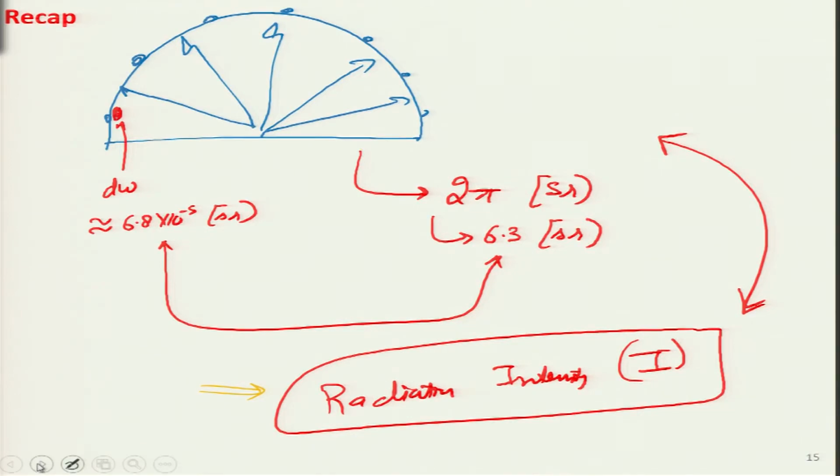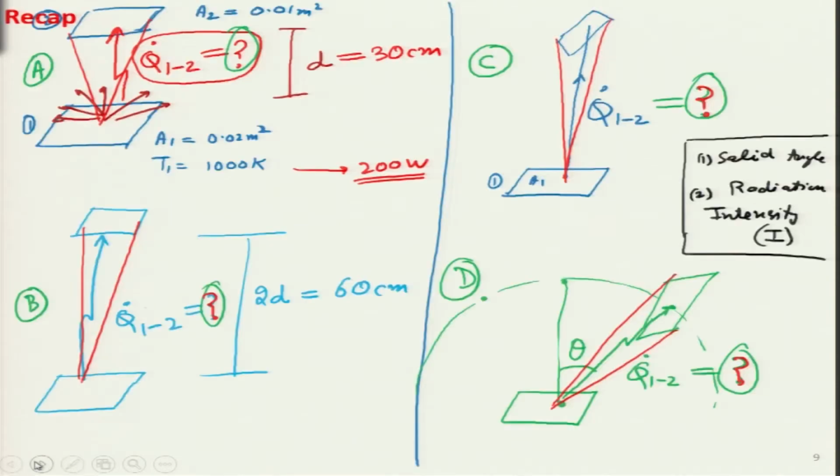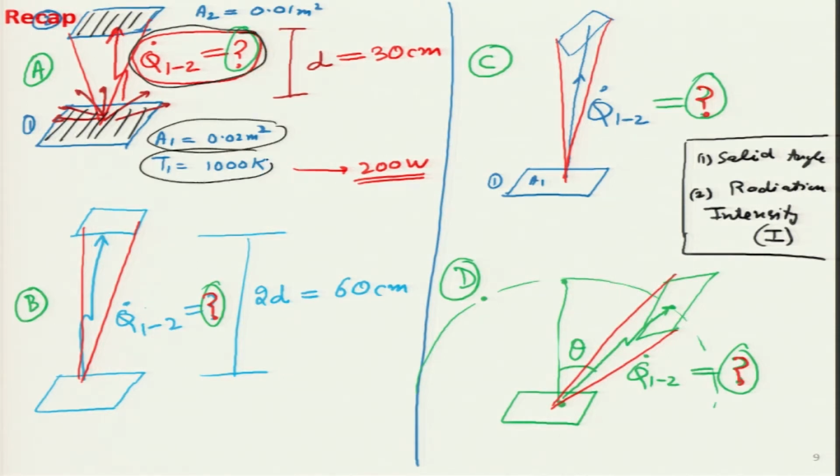So, let us now go ahead with radiation intensity. It is a very interesting concept, and it will help us understand all those examples we had looked at earlier, which I can come back to now over here. If we have two surfaces, surface 1, which I will highlight in black, and surface 2, they can be in different positions and different orientations. We considered 4 cases A, B, C and D, and in all 4 cases what we want is how much of the radiation emitted from surface 1, having this area and this temperature, actually reaches surface 2, which has a certain area, and the distance between them is also known.